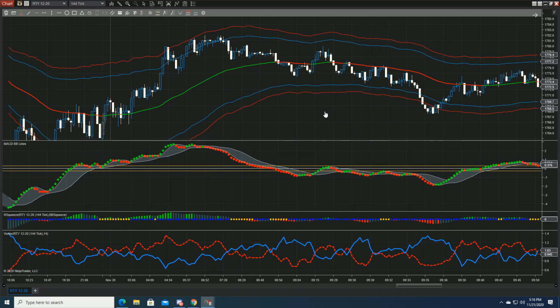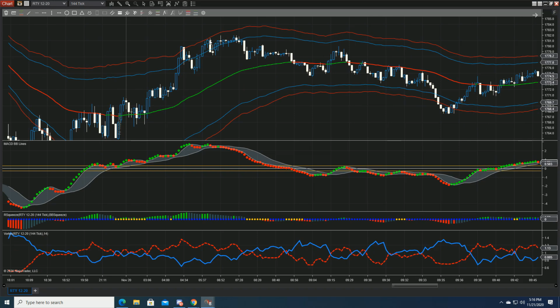Now there are going to be times where you might take this and you've got a target of the midline here, and it comes back up, and this could very easily have stopped you out. What you'll find with this is that when you do take a stop, it's rare that you're taking a full hit on the stop, because often once we get outside the bands, I would recommend trading this with 2, 3, or more